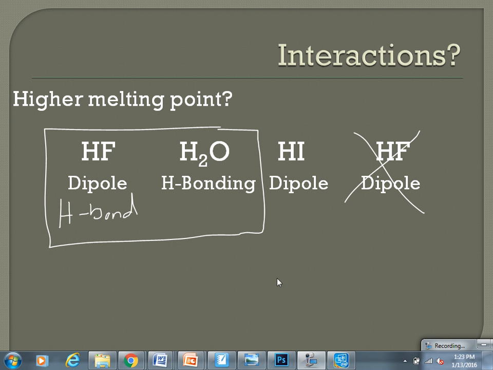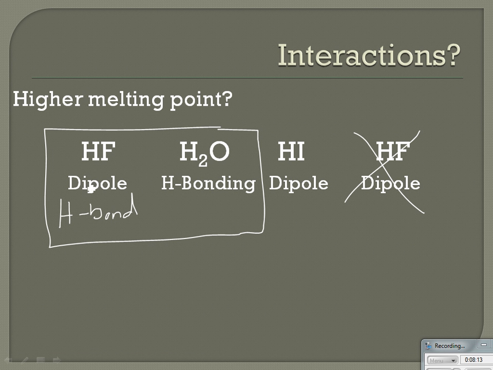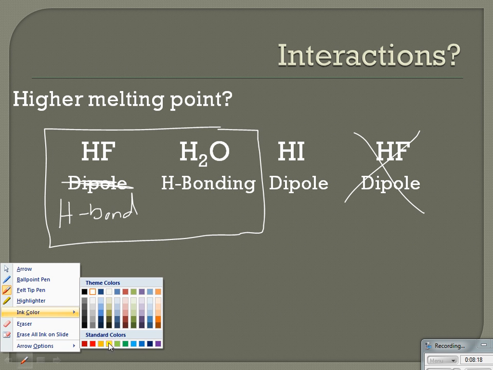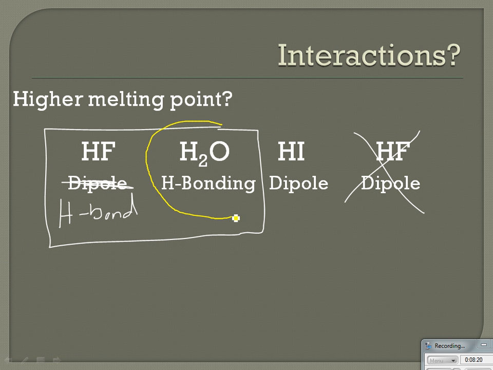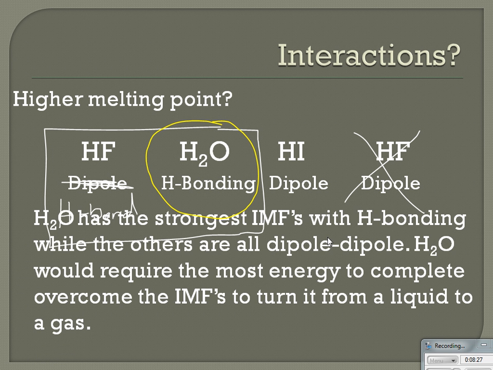Even though they both have hydrogen bonding, the fact that water has two hydrogen bonds versus HF only having one hydrogen bond would mean that the answer would be H2O. H2O has a stronger IMF with H bonding, while the others are all dipole-dipole. Excuse me, that's not quite correct. H2O would require the most energy to overcome the IMFs to turn it from a liquid to a